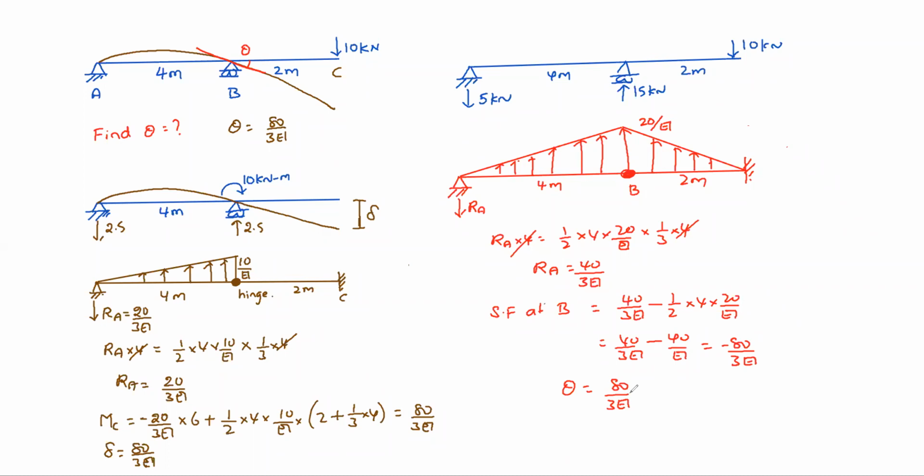Okay, if you interchange, in place of B, if you put A, you need to find theta, so you need to put a couple here. So in place of load you can find delta now. Okay, so you can see the same amount, same magnitude, in both cases. So you need to understand this Maxwell reciprocal theorem very well.